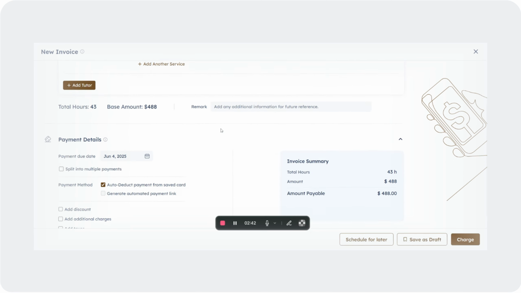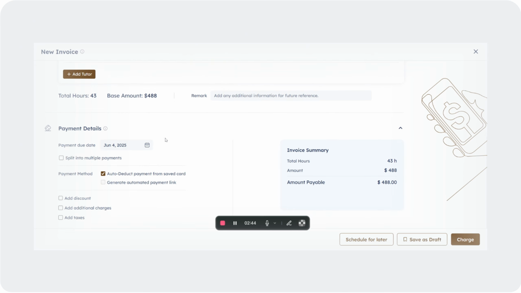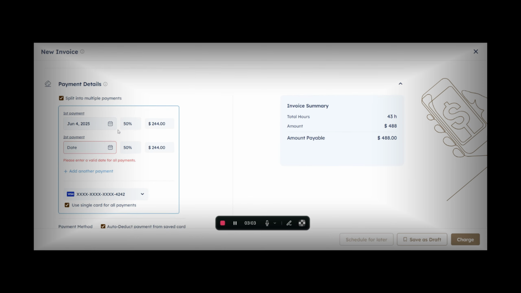Once they've added this, they would move on to the next section, which contains the payment details. Here, the admin can add a due date. In case the admin has already set a default due date for all the invoices, by default that due date would be auto selected here. In case the admin wants to split this invoice into multiple payments, the admin can click on this checkbox.